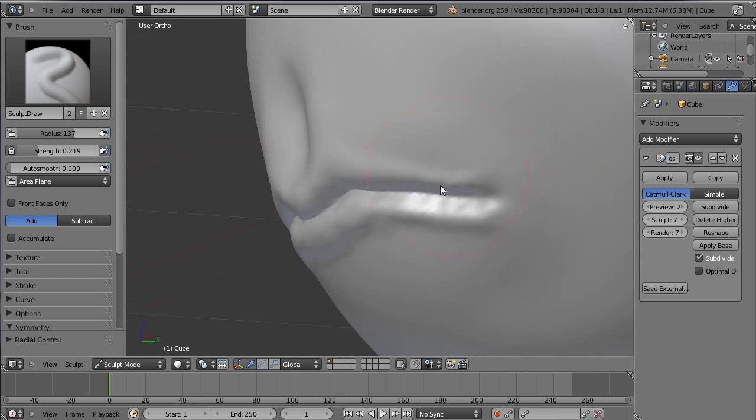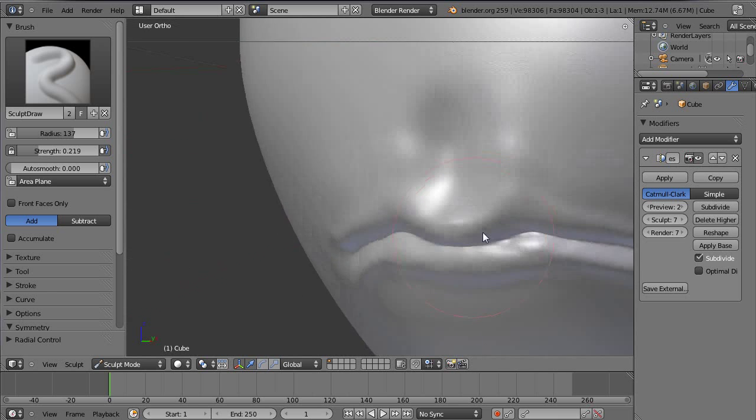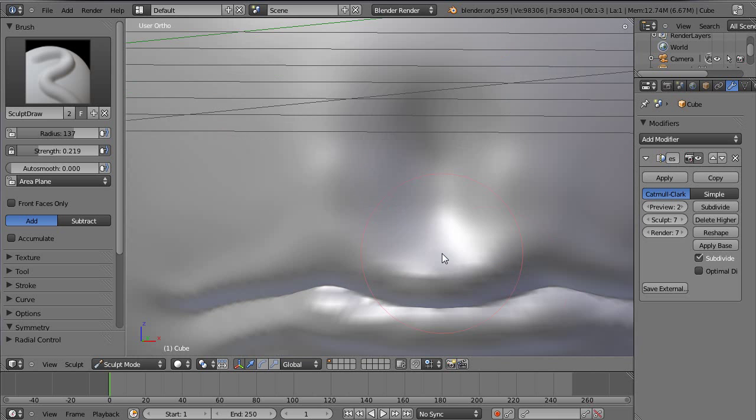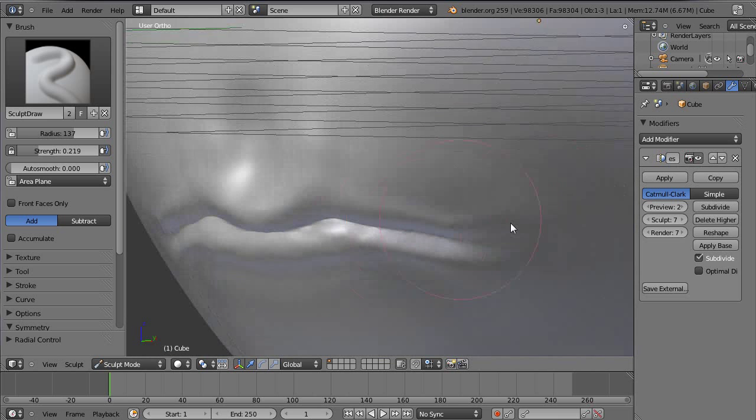Maybe use it to add a bit of volume. So I've got a general lip shape going on.